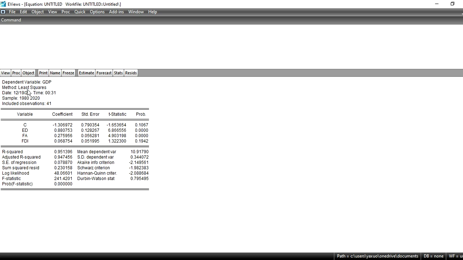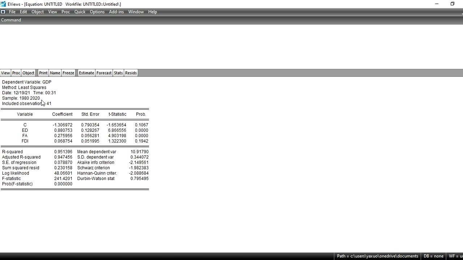As we have used the least squares method, it is showing that you have used least squares for the estimation. And this is showing the time period and our sample range. Our sample ranges from 1980 to 2020,